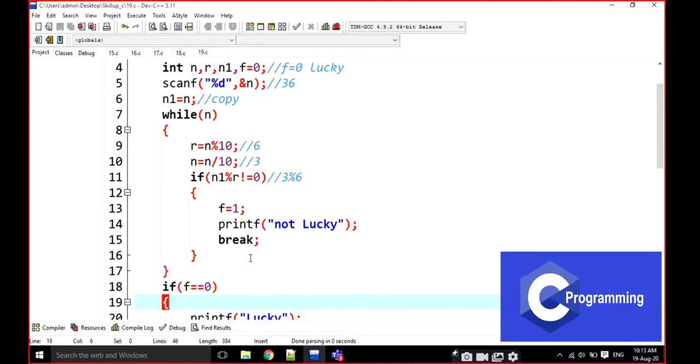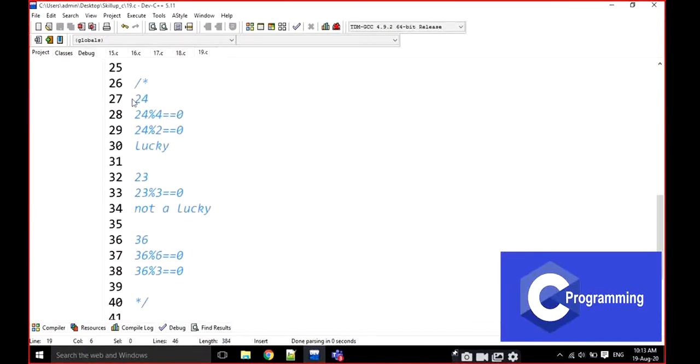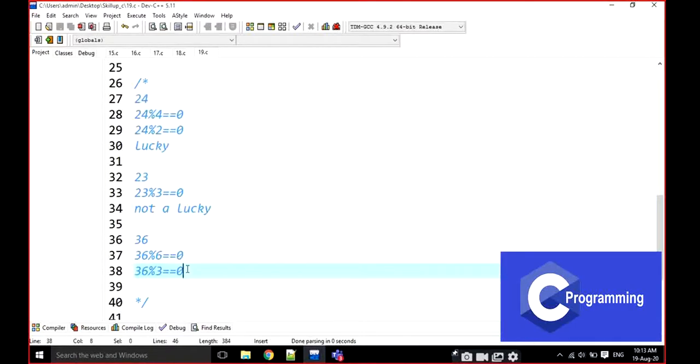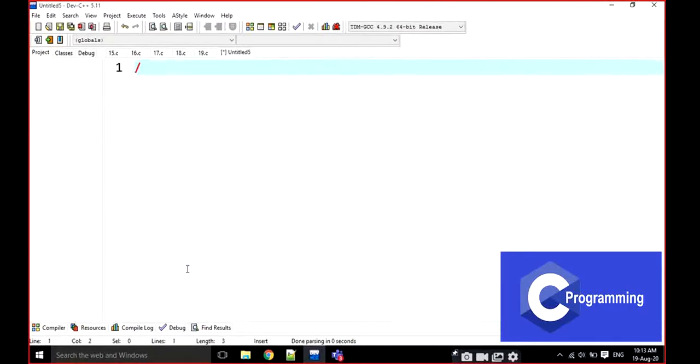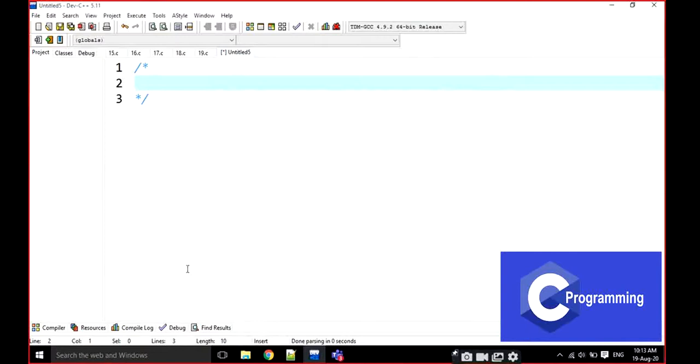Okay, this is the program and I am going to give some tasks to you. This is the task. For example, look at the number 1, 2, 3, 4.